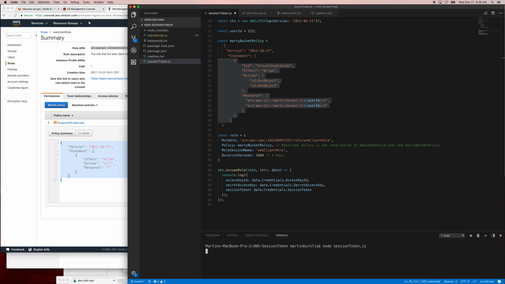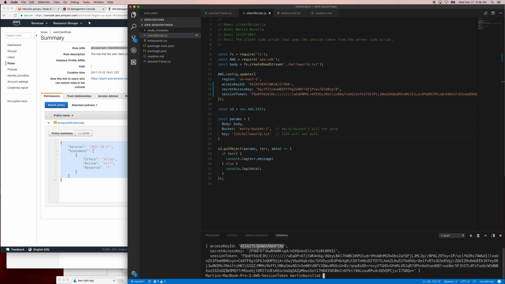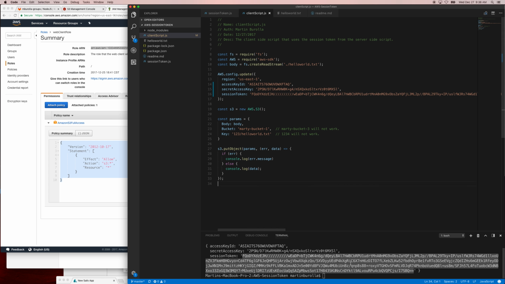So let's execute this script, and we get our access key ID, our secret access key, and our session token. All 3 of these have to be used. So let's go to our client script and copy these components into our client script that will be executed. And here's our big session token. So we grab this. Now if we execute the client script,